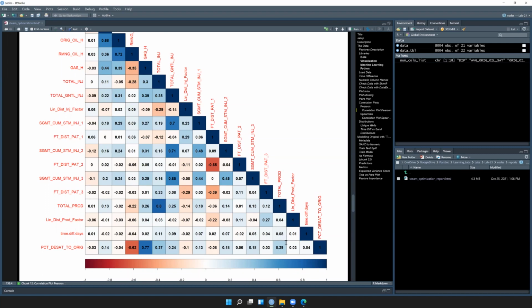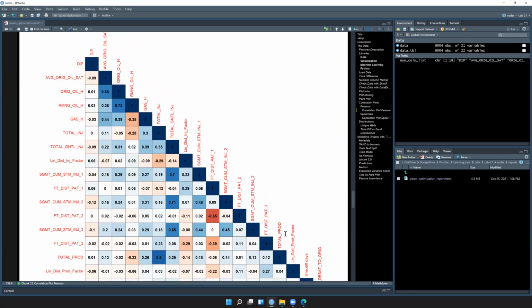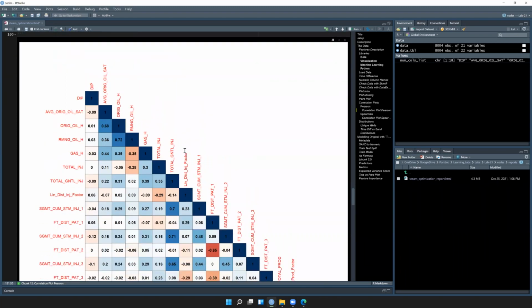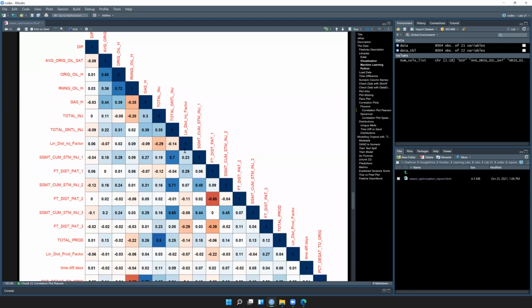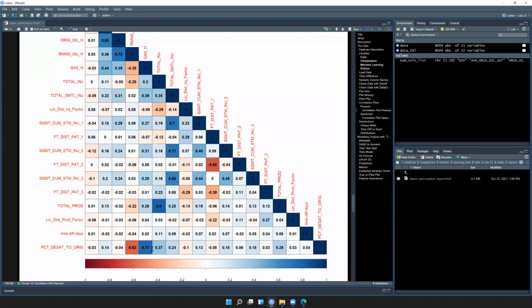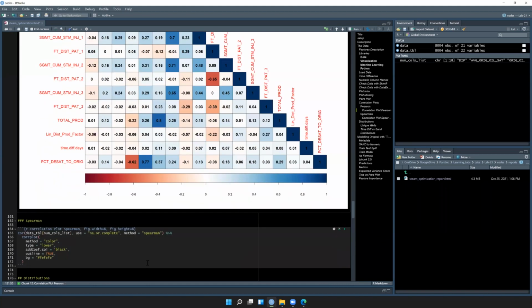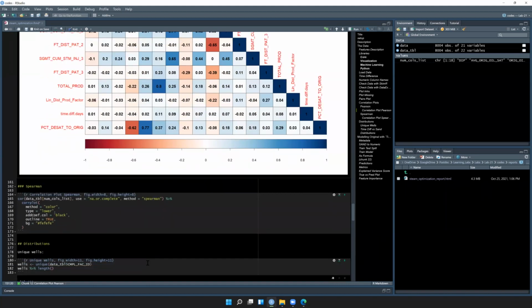But this is a linear correlation. Maybe the correlation is not linear. When you're calculating the Pearson correlation, which is the default from this function, it means that we are calculating a linear correlation. What we see is that the remaining oil height has a high negative correlation, and the remaining gas height has a very high correlation as well. So let's try to see if there is some non-linear correlation. The Spearman correlation can give some indication of non-linear correlation. So if you calculate the Spearman correlations,